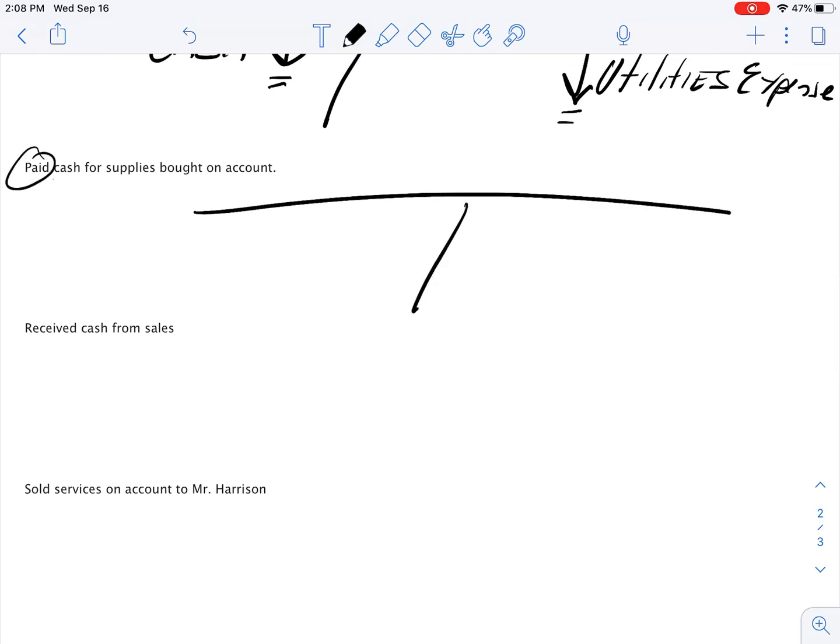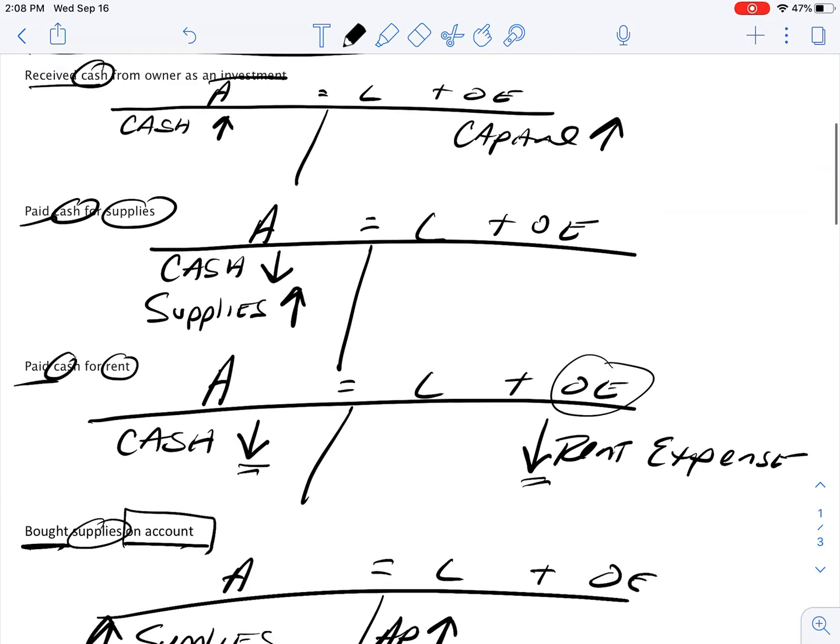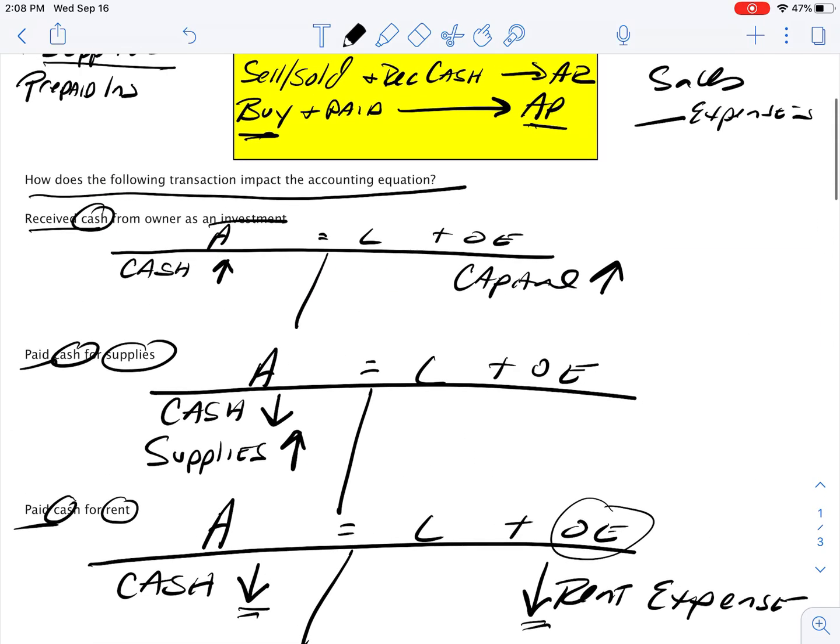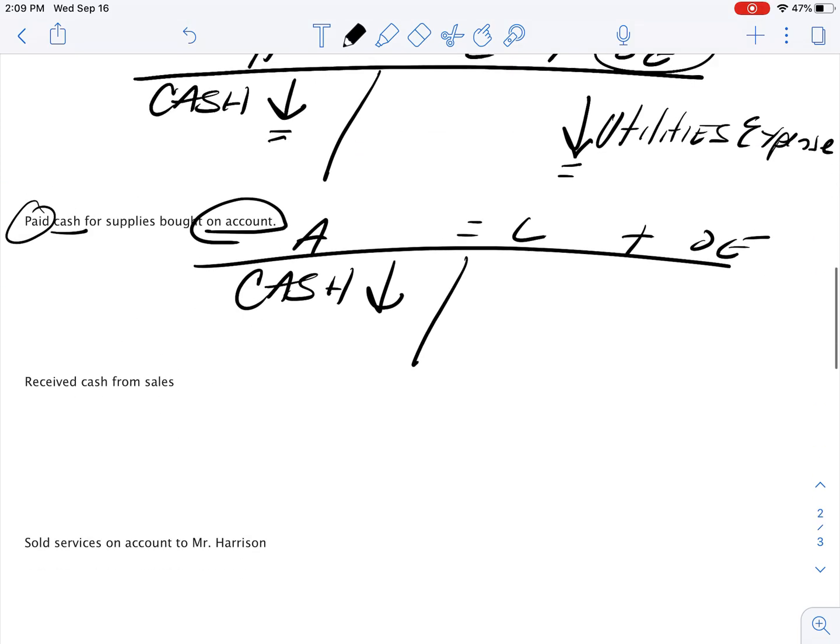Paid cash for supplies bought on account. So we have our paid cash again in my accounting equation. So I know it's cash. What's happening to cash? Cash is going down. Oh, there's my on account. Well, let's go back here. I paid cash on account. Well, that means I'm going to be using my accounts payable, which is my liability. What's happening to my liability? Do I owe them more or less money now? I'm actually going to owe them less money because I am paying them money,